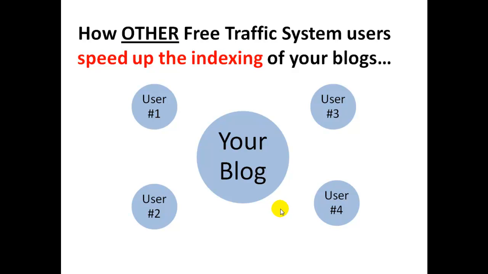But this is just the beginning, because FTS Indexer, the tool via which they are helping to speed up the indexing of your blog, also has a feature of creating indexing bodies or indexing friends for these users. And it means that behind one user can stay 2, 3, 4, sky is the limit how many people who are also automatically sending ping signals and tweets to their own Twitter accounts about your publication done by this user